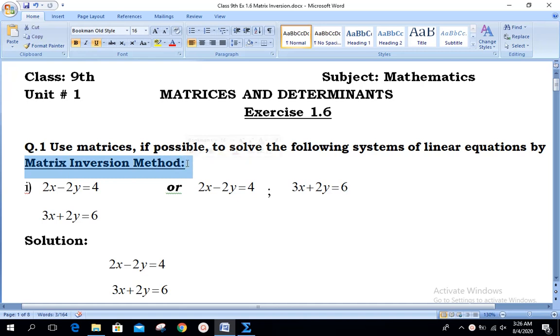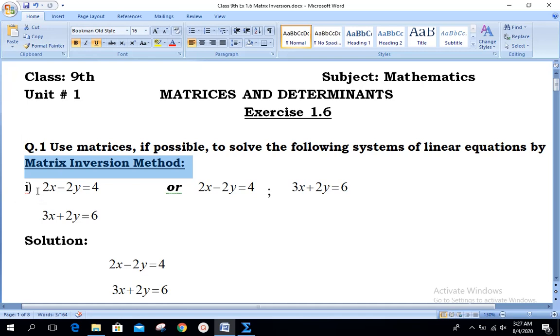In our previous topic, we have discussed Cramer's rule. Here you can see "if possible." That means you have already done some definitions. You studied singular matrix and non-singular matrix. Just to remind you, a matrix whose determinant is equal to 0 is called a singular matrix, and a matrix whose determinant is non-zero is called a non-singular matrix. Viewers, keep in mind that a solution exists, or is possible, only for non-singular matrices.